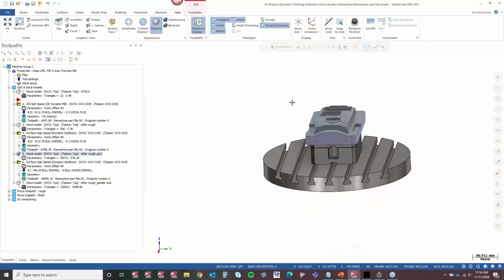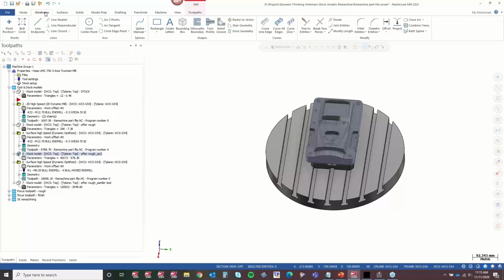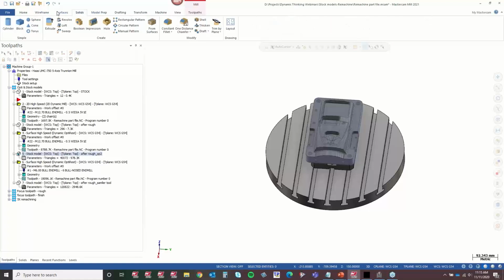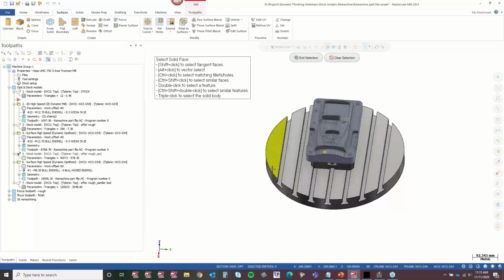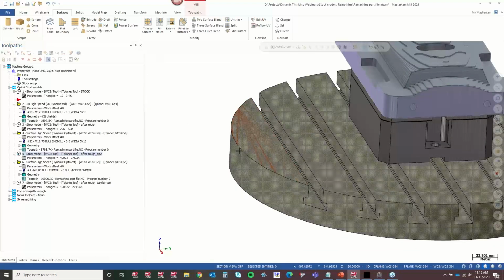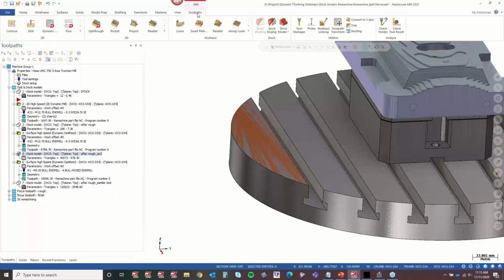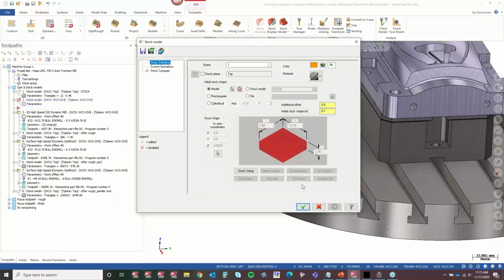Okay. The other thing that not a lot of people know with stock models is that you can use surfaces to drive stock models. So if I go into my surfaces tab here and I just create a surface down on this entity right here. So I've got a surface. This could be on the part that you're actually machining, right? I can come in and create a stock model that references that surface. And this is where we're going to really leverage when we get into the multi-axis side of using stock models.